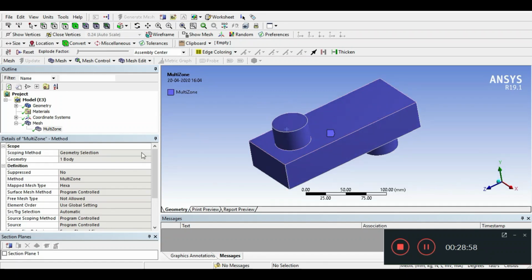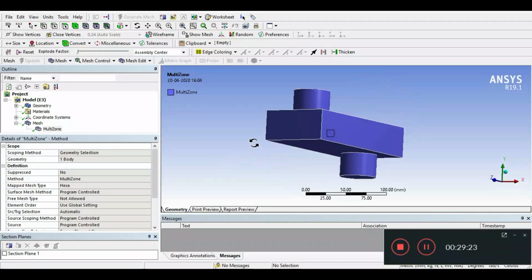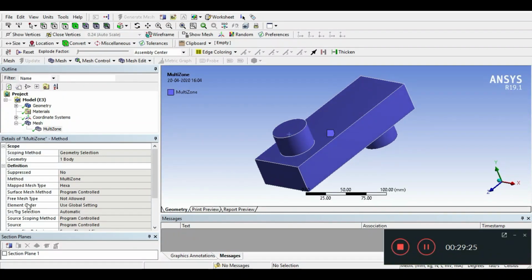the mesh accordingly. These are the local mesh controls like map mesh type, and second is surface mesh method. Here the options hex, hexaprism or prism are available with map mesh type. Then with surface mesh method we have 2 options, uniform and pave. Depending on the curvature of the surfaces, we are going to use the surface mesh method.